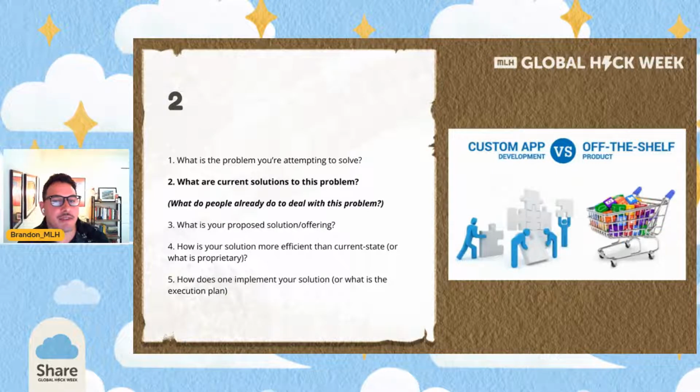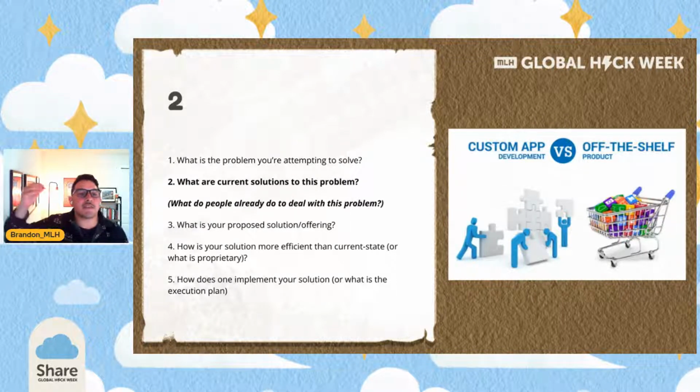So this step here is when I think you can do a lot of data collecting. For what is the current solution to the problem, this is really analyzing the market. What is every possible thing that's out there that you could do instead of building something new? A lot of people, at hackathons or in life, or developers especially in their personalities, have a bias to action and just want to make something new. But when you're starting a project, you need to think more like an economist. I need to convince myself not what is the best solution, but that building a solution is going to be better off overall than doing nothing.